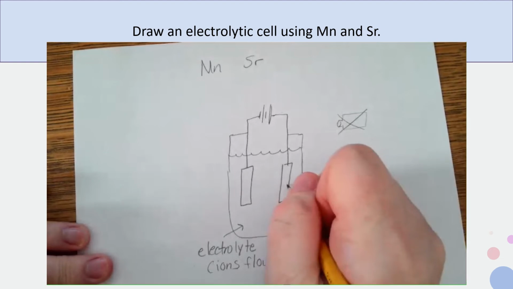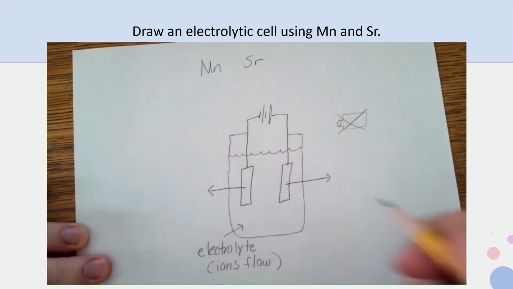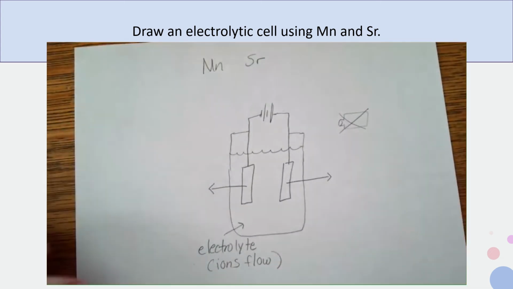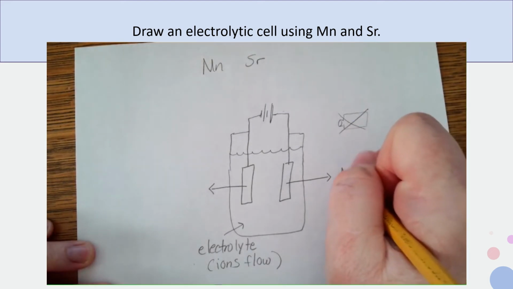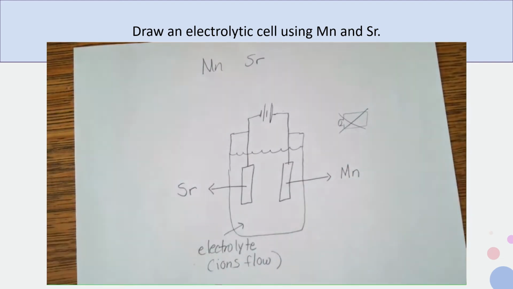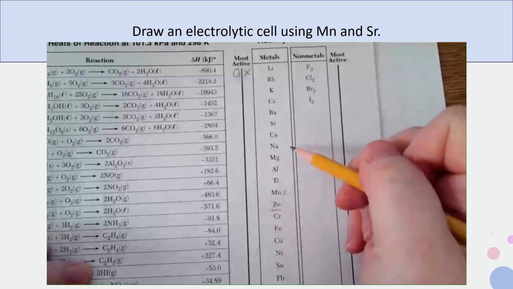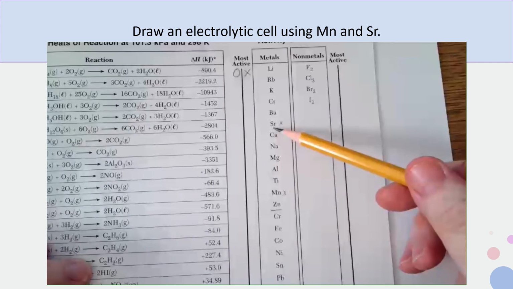Okay, so I have two pieces of metal. I have this piece of metal and I have this piece of metal. Now I have Mn and I have Sr. Okay, so which is which? Well, let's look at table J. Where's Mn? Right here. Where's Sr? Up here. Okay, so normally what happens is Sr